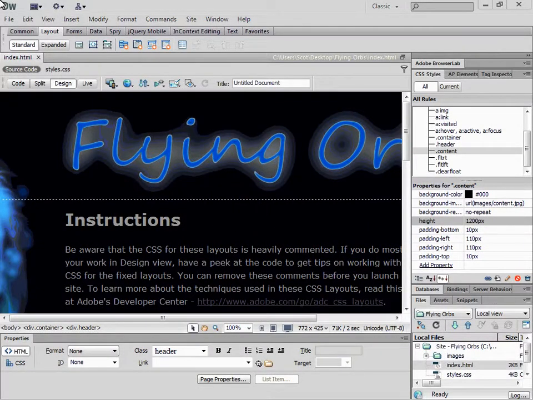Okay, so what we're going to do now is take the flying orbs project that we worked on previously, get rid of the name flying orbs from the image, and substitute some web font from google.com/webfonts, a repository of web fonts. So we'll show you how to go about using a font that most people might not have on their system. So the first thing we need to do is adjust the image which we had assigned